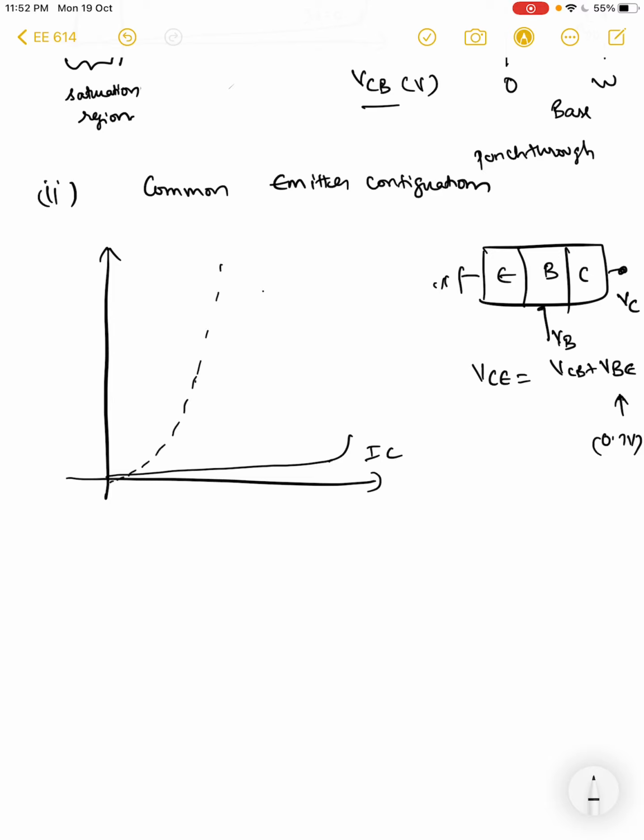As long as the collector potential is within this region, you can see that the base collector junction will be forward biased, right? So you will have a saturation region,